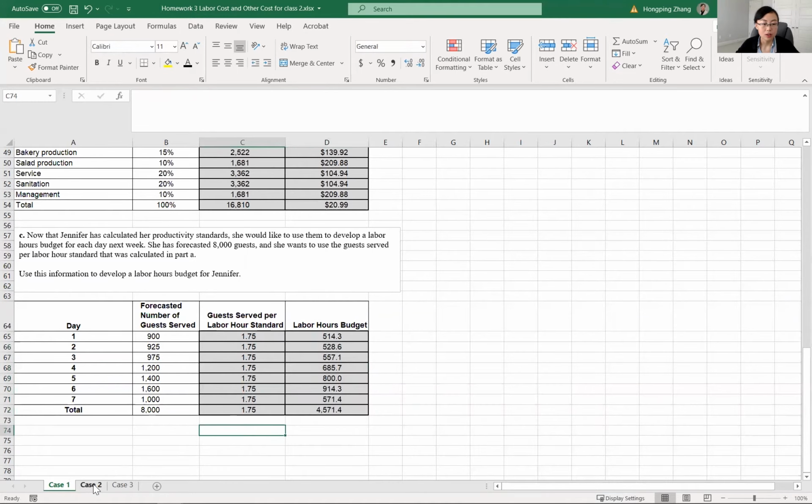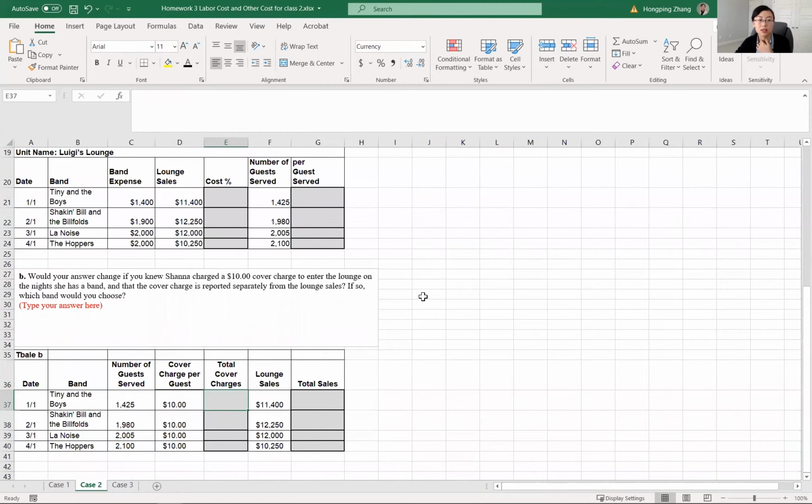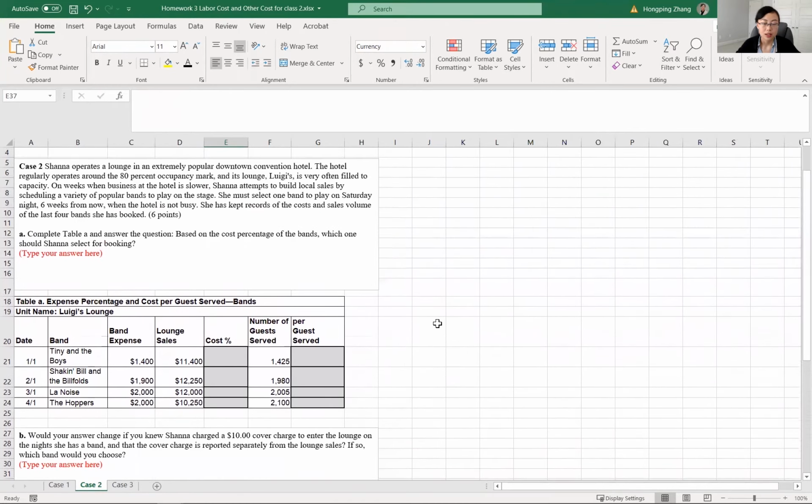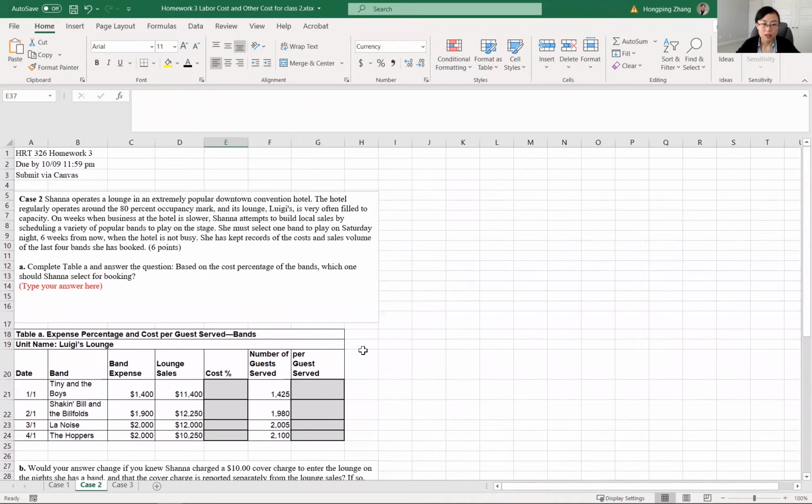Okay. There are a few things about case 2 and case 3. In case 2, in general, this case is about the restaurant wanting to hire a band, and she has 4 options, and we want to compare which one is the best one. So